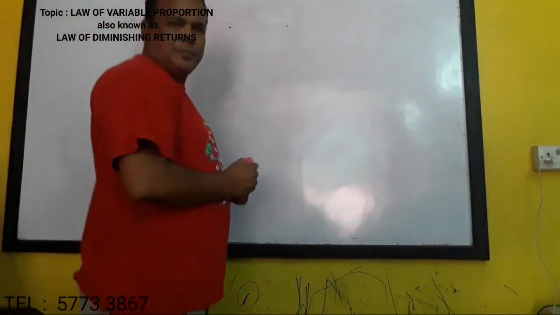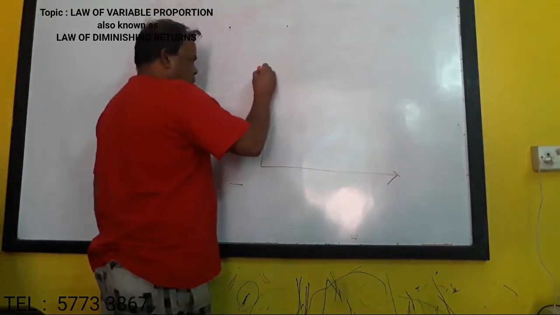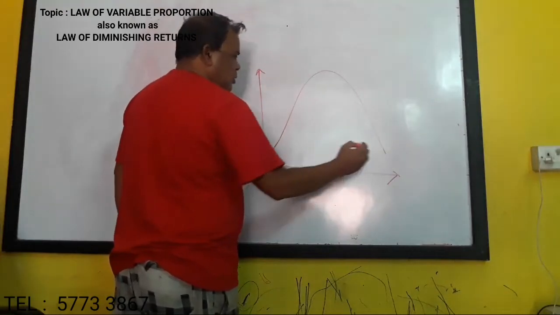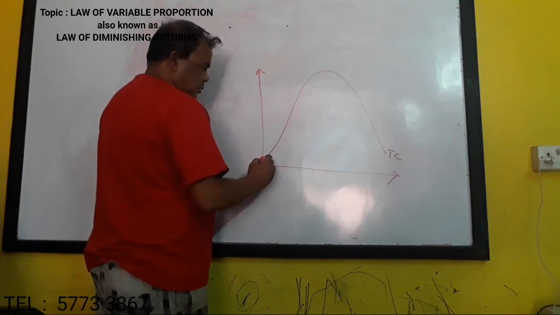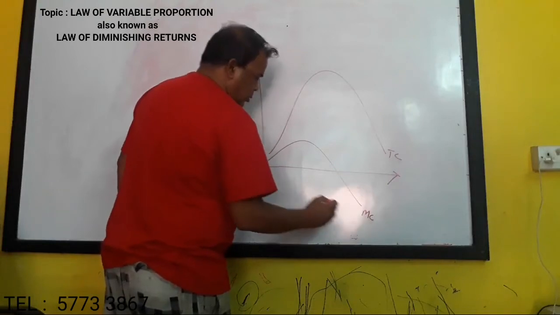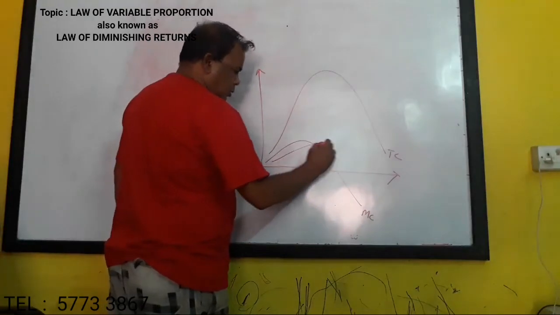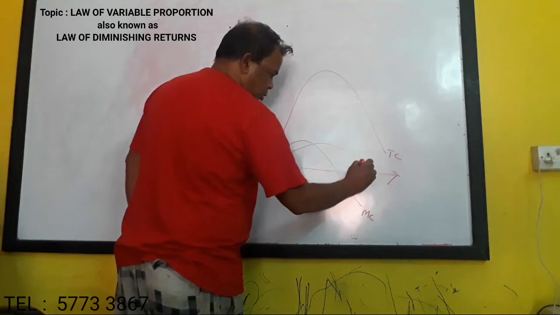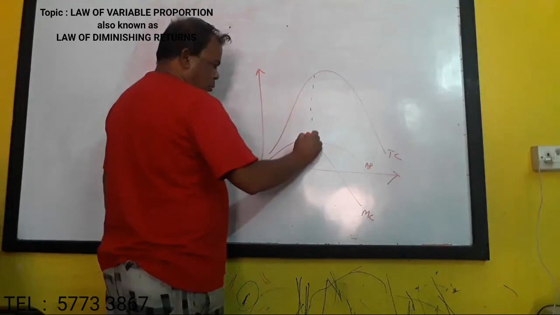So here we are. This is the total product. This is a marginal product, and this is the average product. So this is one stage where it gets